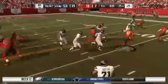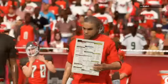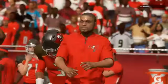Again, it's Penny. And he'll be brought down right at the 30 here. A road win in the National Football League. Charles, you never take that